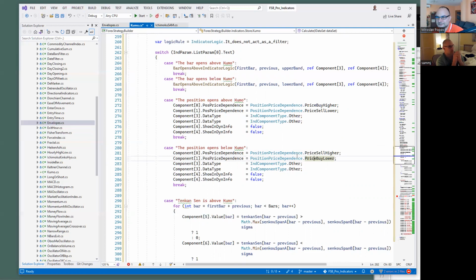So, okay, because I understand the other one, the bar opens above indicator logic. I was pretty clear on this. These are only flags we say that the backtester must take care of. Okay. And we say, for example, the position opens above Kumo, above. Yeah. So this is for one position. So price buy is higher than the indicator. Right. Okay. Yeah. And sell is